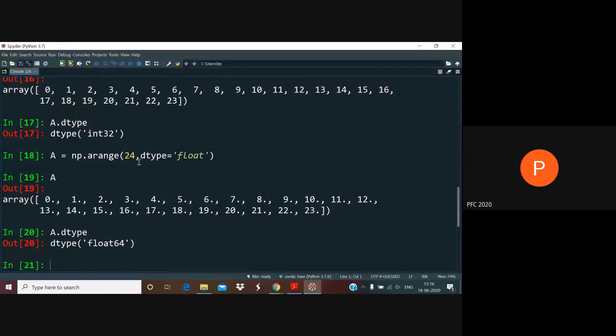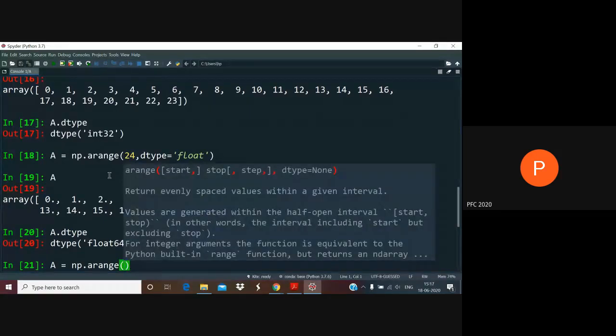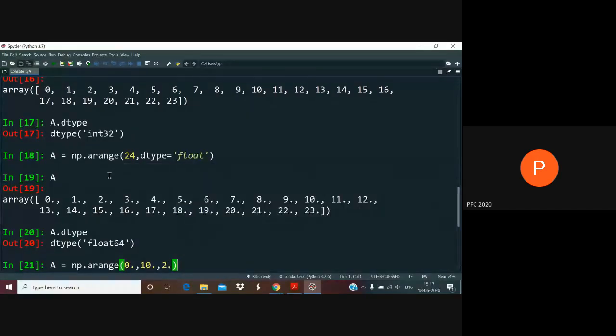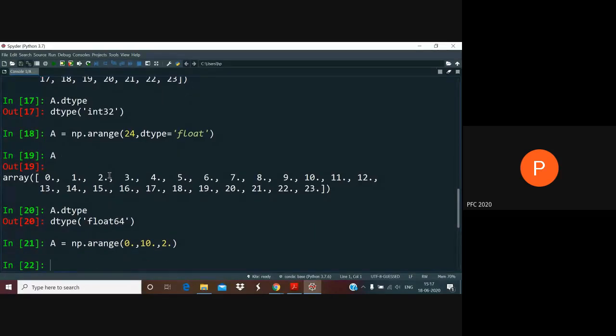So we can use optional arguments to even change these things. For example, if I did this, despite the fact that all the start, stop, and step values we have given are really whole numbers, I've given them as floating points, and that is the result.